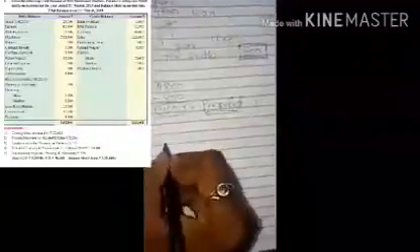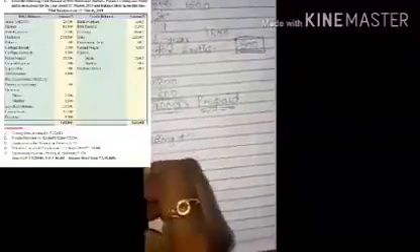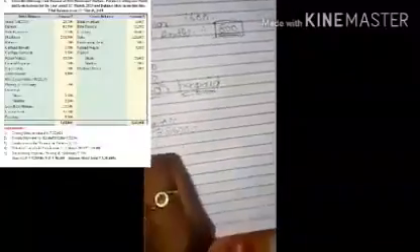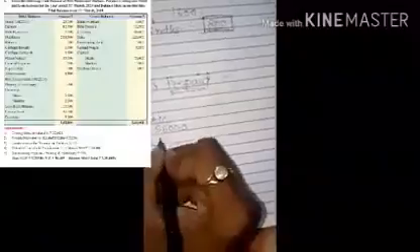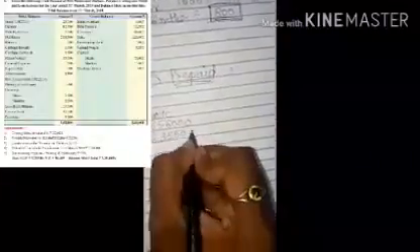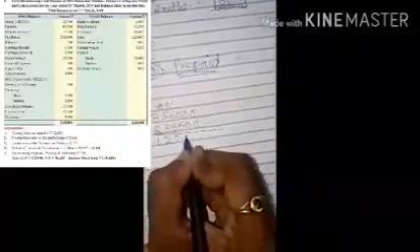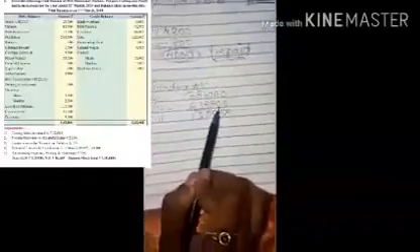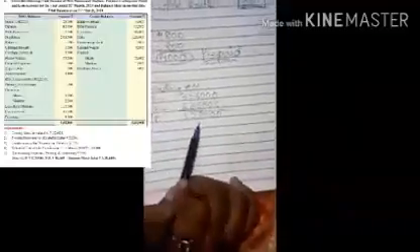See here everyone. Trading account credit side total is 3,56,000 and trading account debit total is 2,35,500. So which side is heavy? Credit side is heavy. When credit side is heavy, that means gross profit. So gross profit amount is 1,20,500. Trading account credit side total is 3,56,000. Trading account debit side total is 2,35,500. So gross profit amount is 1,20,500.